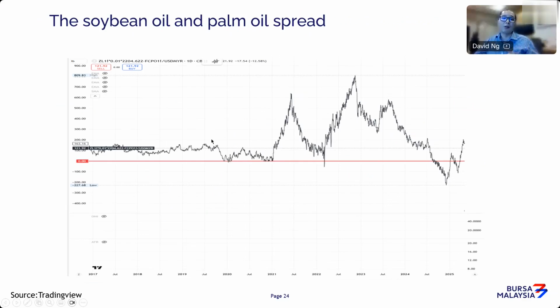Now, notice this over the past couple of years, or almost close to 10 years, that every time bean oil goes into a discount, that discount wouldn't last for a long period. As compared to a premium market where bean oil trades at a premium compared to palm, it can last for a very long time. In fact, during the height of the Ukraine crisis, we have seen this spread go as high as $800, which is very massive. We have not seen that. It tells you that palm oil is way undervalued.